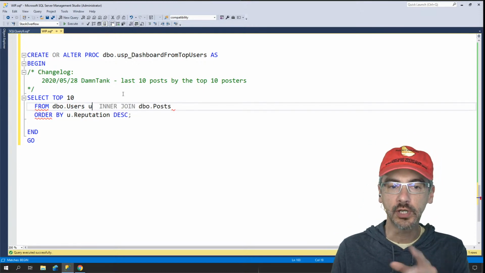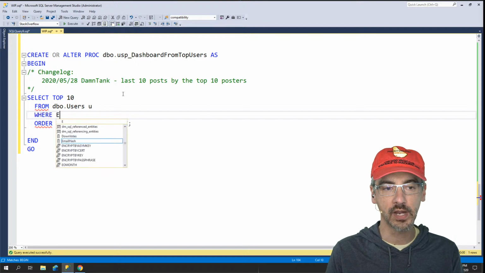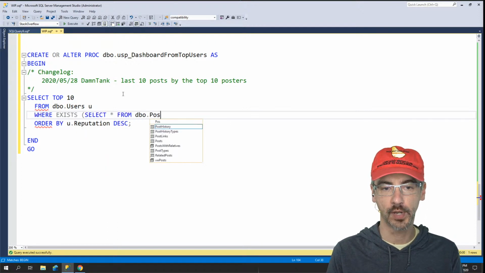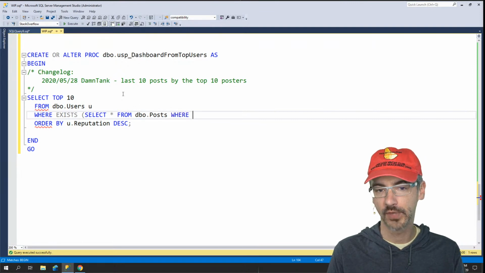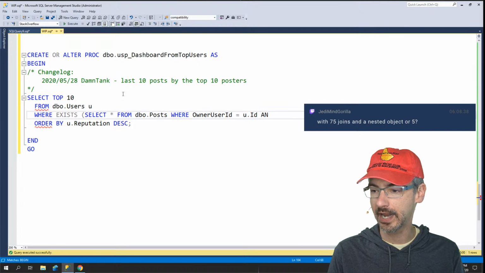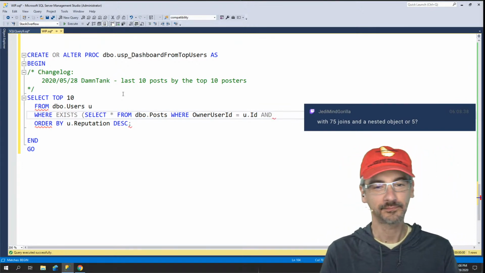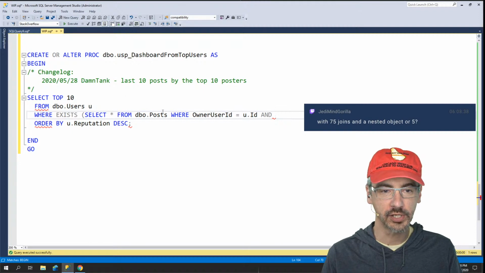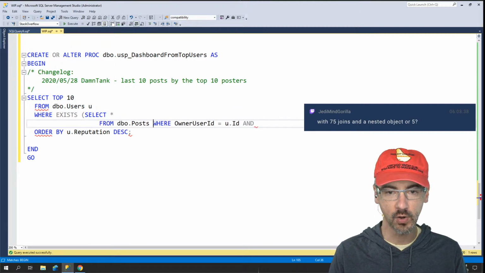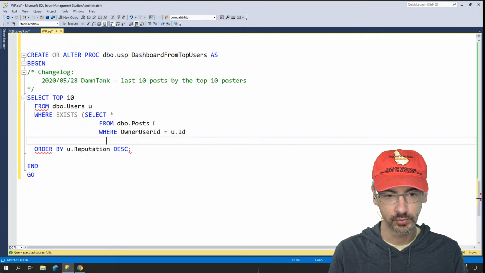Because we're looking specifically for the users who posted in the last week, we're going to say where exists, select star from dbo.Posts where OwnerUserId equals Id. I should format this a little bit nicer. Where OwnerUserId equals this, and